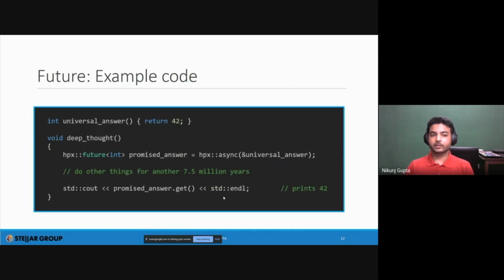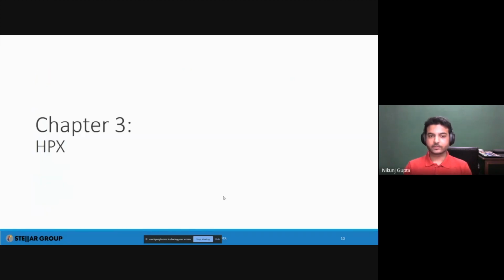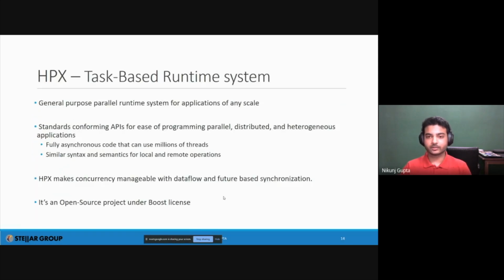And yeah, before we begin with HPX, I really want to make sure that you understand what I've been telling you right now, because all of this will come into the picture with HPX. So if there's anything you want to ask, then it's probably the right time to do so, because otherwise you'll lose track very soon of what I'm saying. Okay, so let's move to HPX.